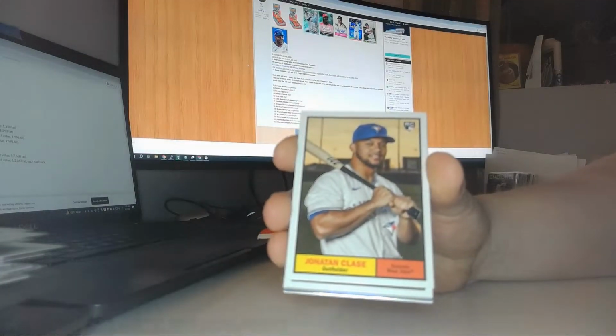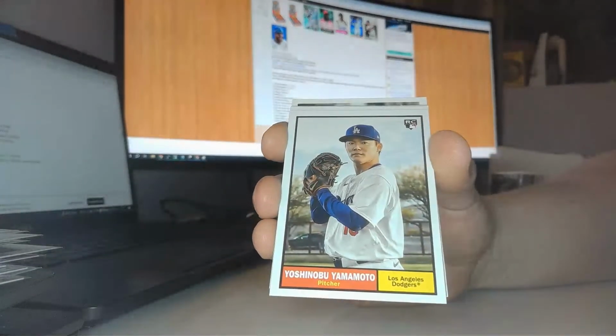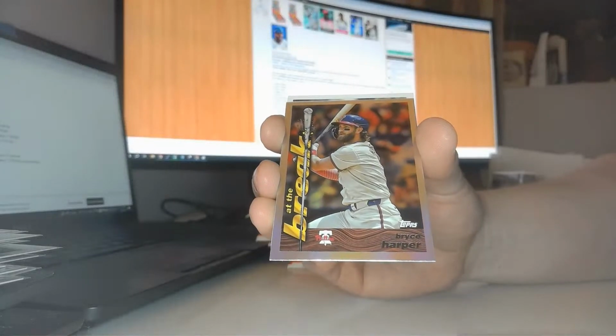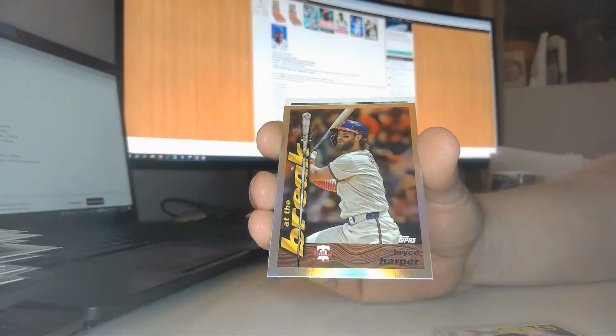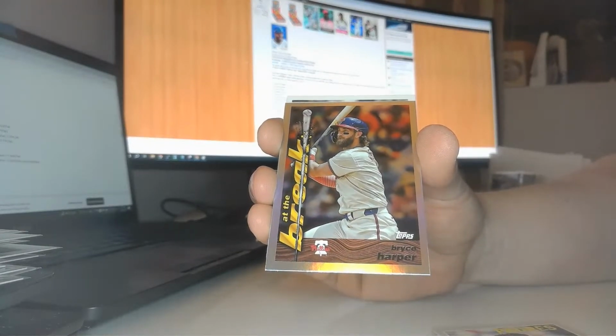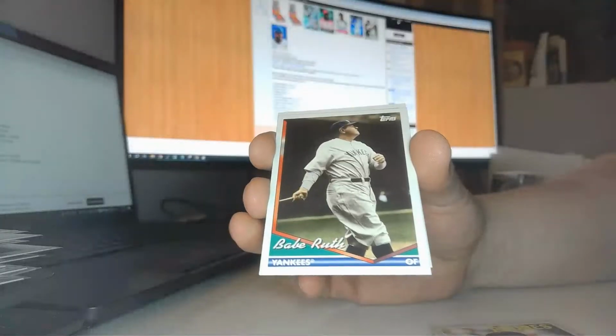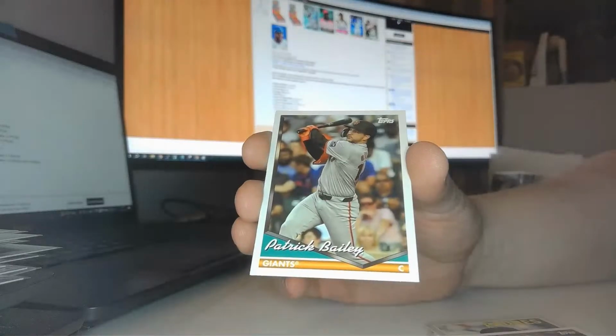Next up, we have Jonathan Clase, Yamamoto, Shea Langoliers, Mike Schmidt, Manny Machado. We have an At the Break of Bryce Harper for Phillies. Phillies in this one went to Cornwell family. Nice looking Bryce Harper insert. Babe Ruth, Patrick Bailey,